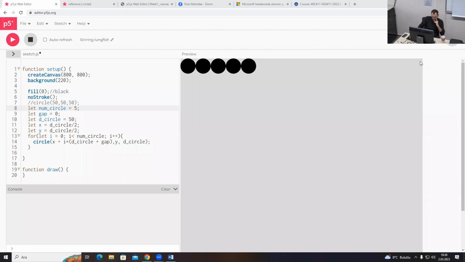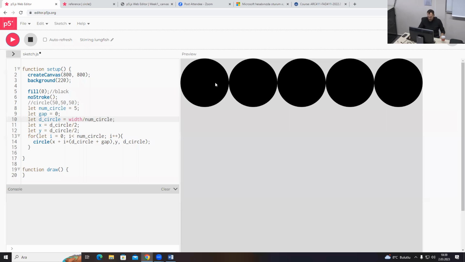Somebody wrote size, no. So this can be anything as well, right? It just specifies width and height. What we need to do is we want to use the width to override the diameter in some way. So if we want 5 circles to pack horizontally, then we need to divide 800 by 5, right? So that we know what the diameter of each circle has to be. So for instance, if I do width divided by num circle,